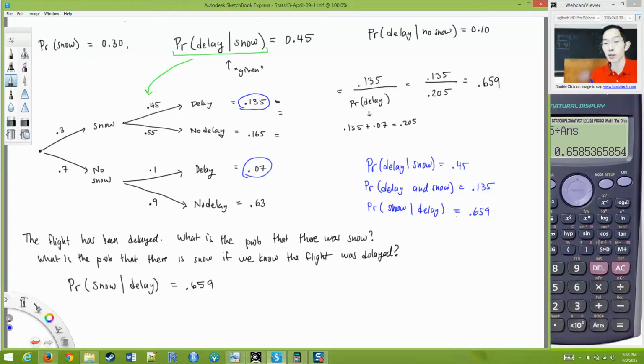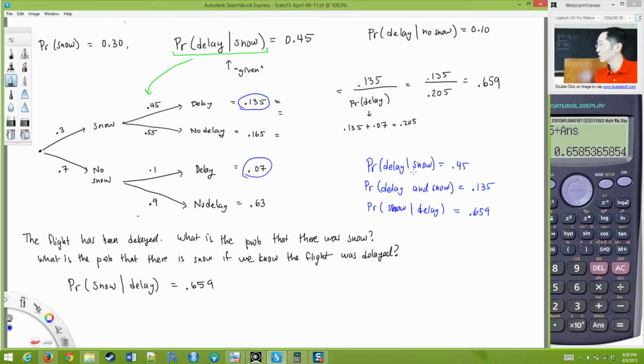The answer 0.135 is: tomorrow, what is the probability that you experience a snowstorm and your flight is delayed? That's different from what this question is asking, which is, we know that the flight was delayed. What was the probability that there was snow? Which is different further still from, if there's snow, what's the probability that there's a delay? I know there's a bunch going on here, but I don't know if that clears anything up.